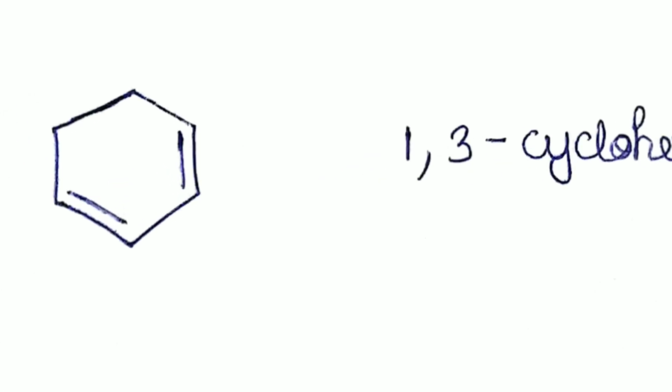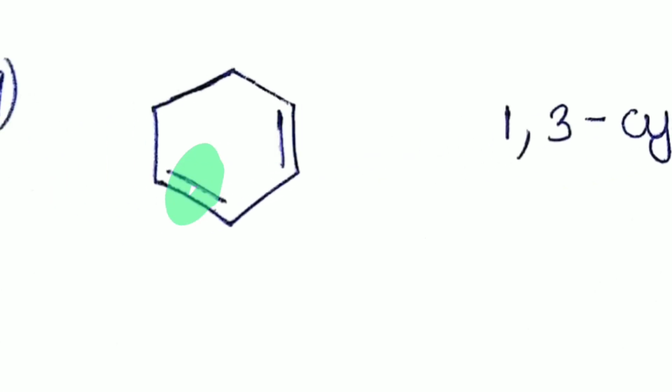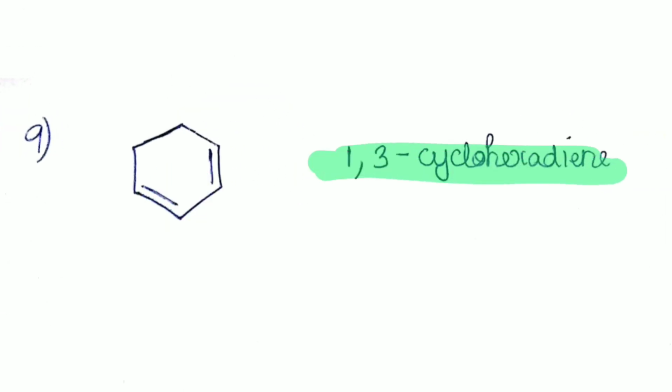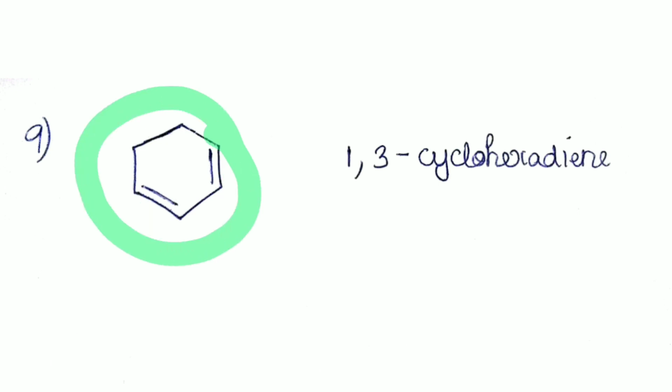Now, what about this compound? We have 2 double bonds here and a cyclohexadiene sort of a structure. Now, we're going to have to number the double bonds. How are we going to number it? If we start our numbering from here in the clockwise direction, we'll get 1 and 3 as the locants for the double bonds. So we're going to call it 1,3-cyclohexadiene. That's the name of this compound, guys. Even for numbering via the anti-clockwise direction, we would have got the same locants. So it doesn't matter in this case whether we start with anti-clockwise numbering or clockwise numbering.